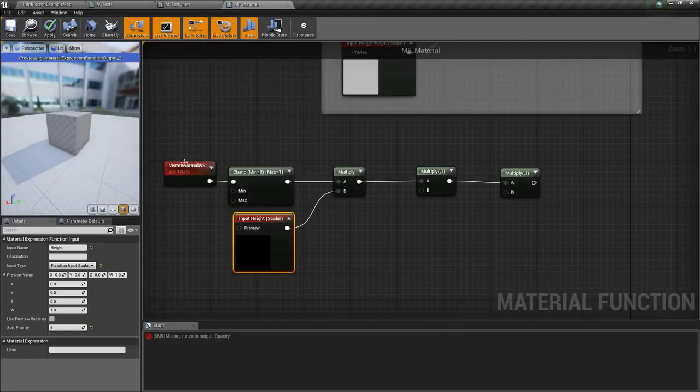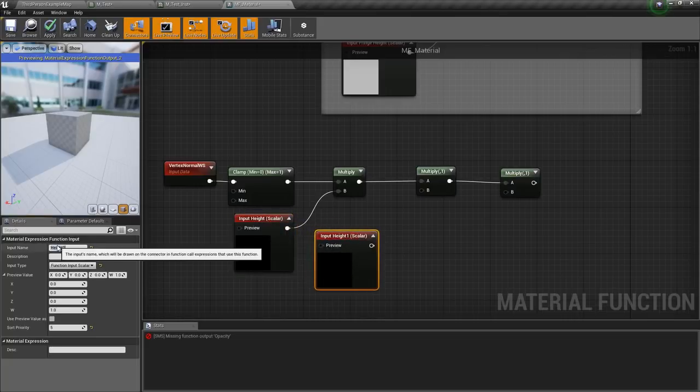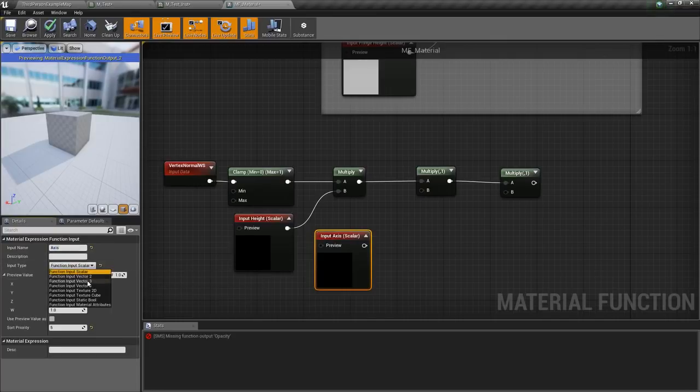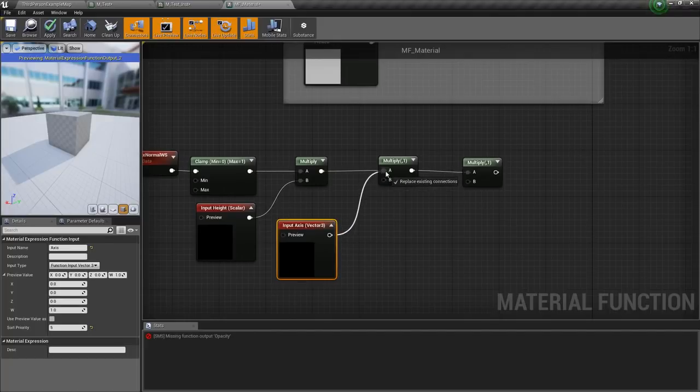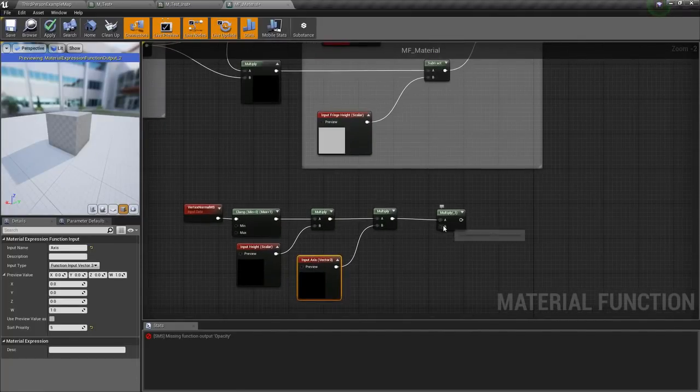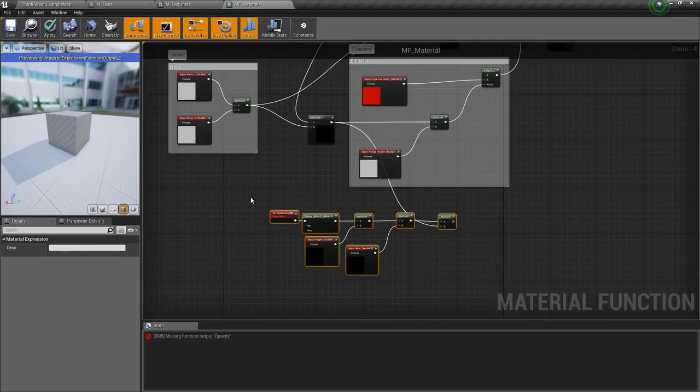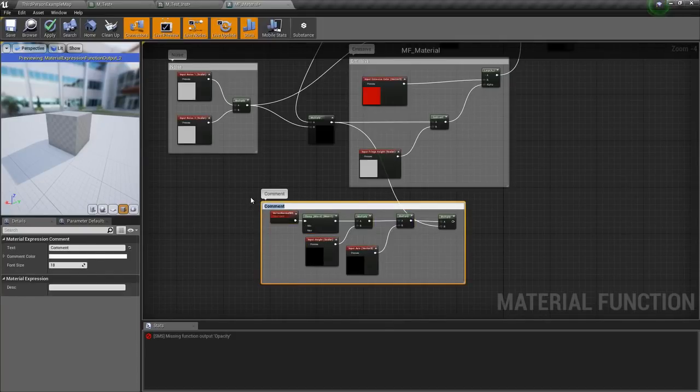And now to control the axis in which the mesh is being moved, we can duplicate this and I will name this axis, and I will change this to a 3 vector because we need x, y and z, and I will connect this to the B value. And now for the B of this multiply, I will connect this here and I will comment this WPO for world position offset,